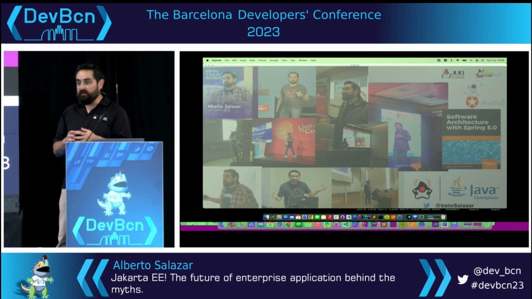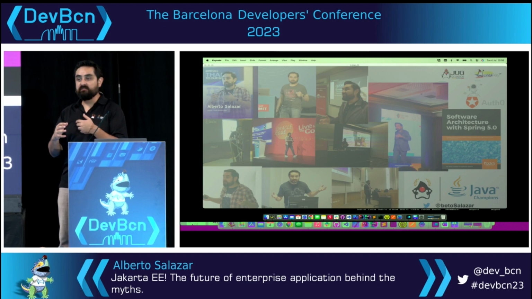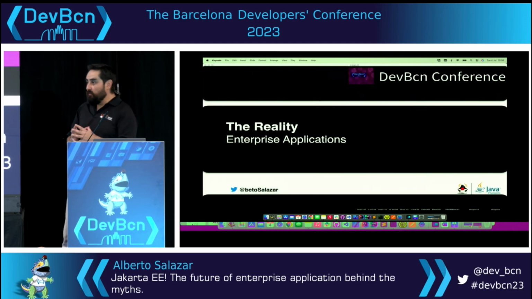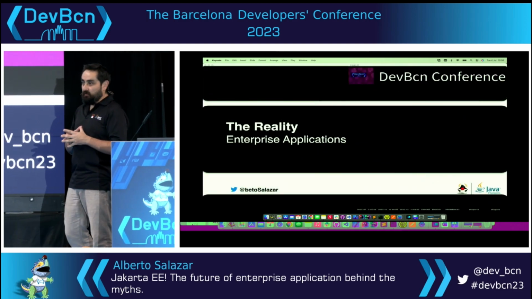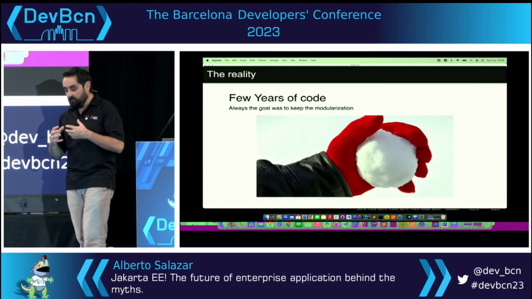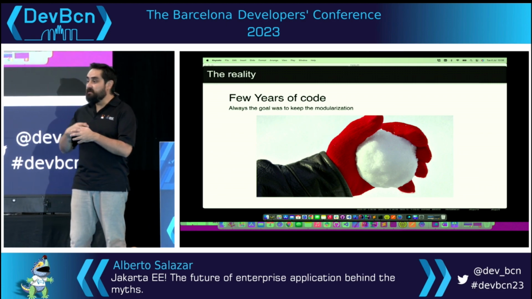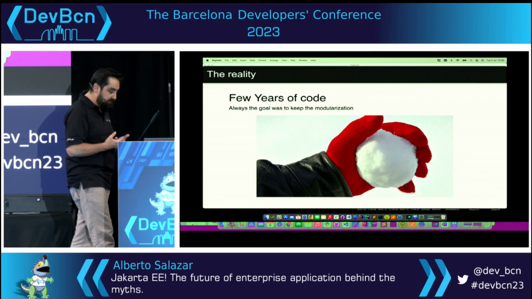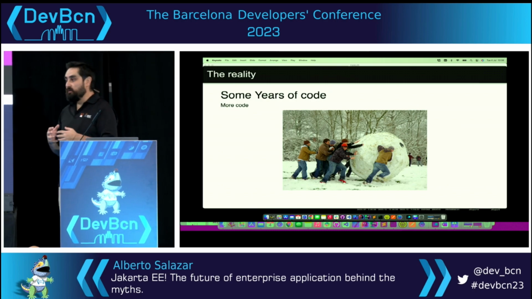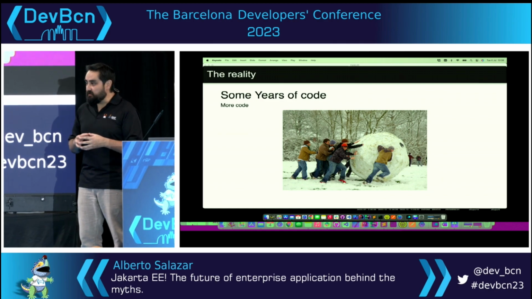some practices that we bring to the applications to try to split them and move the code, the specifications, and the enterprise environment forward. So what is the reality of an enterprise application? We start with some code, with few teams, and year by year, this base of code, these applications, start to grow. We have more people working on the code, more teams,